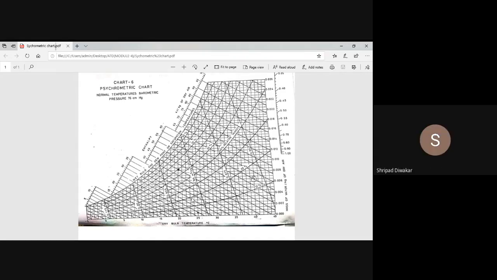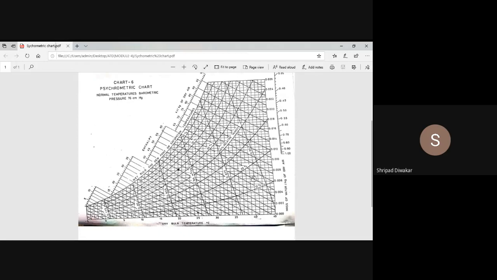Okay, like that only you can do it. First you go to wet bulb temperature only. 10 degrees Celsius is the wet bulb temperature, right? So 10 is there. You mark on that saturation curve and then come down. 20 degrees is your DBT, here, right? Yes, sir. That is your point.